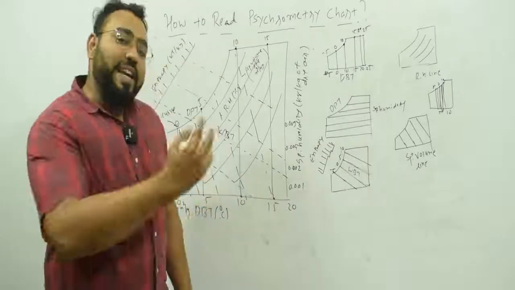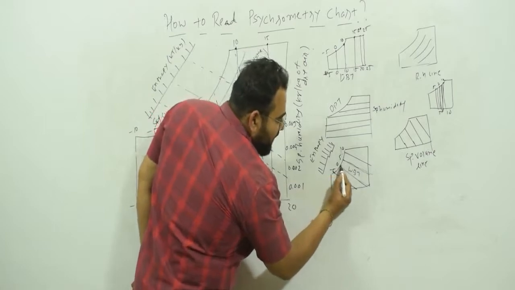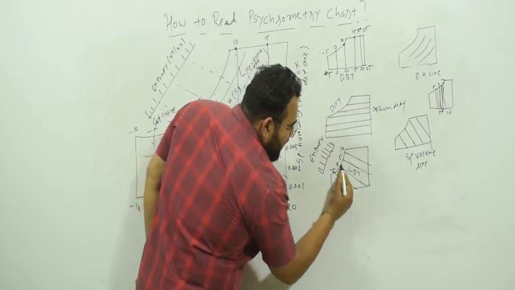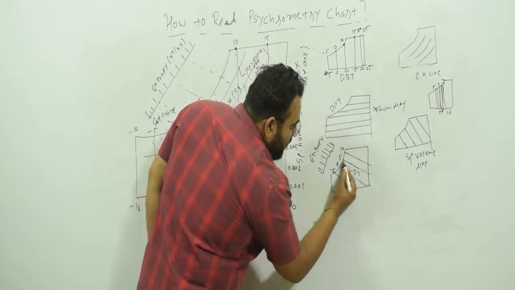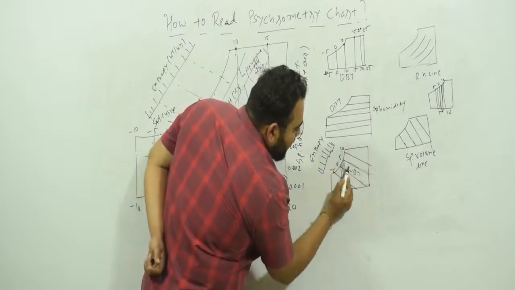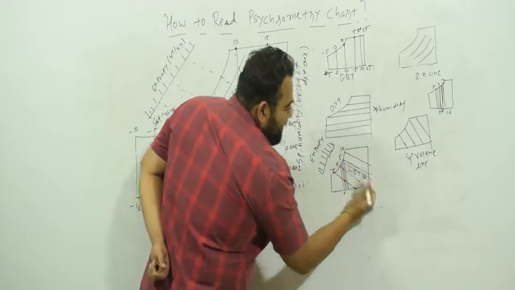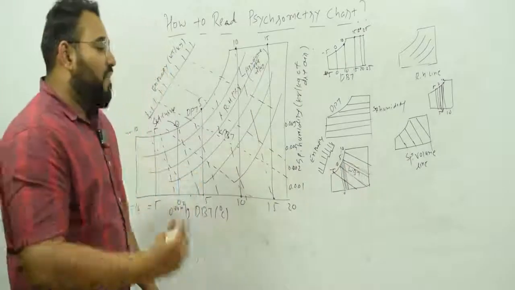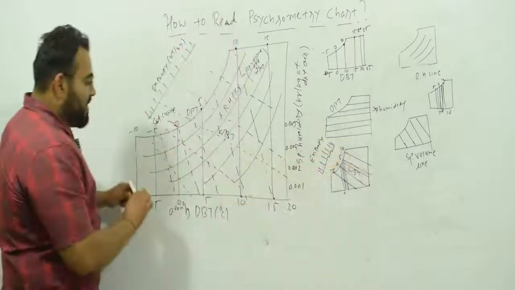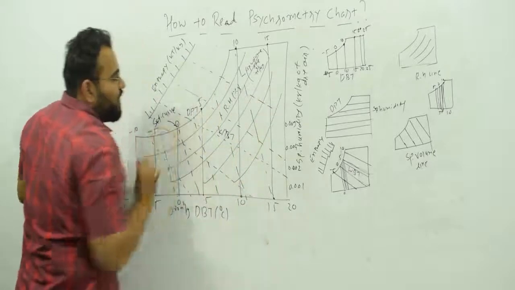Let's say I say 3 degrees Celsius WBT line, then what would you do? So here 0. So here you will have a line something like this. You know that here 0, that means a downward vertical line. This is also 0. Same way you will have 1, 2, 3, 4, and this is 5. So what you have to do here? 1, 2, and 3. From there you will have this kind of line. So this will be the WBT line. So this is the 3 degrees Celsius WBT line. So this is how you can find a 3 degrees Celsius WBT line. So all lines like this are WBT lines. You can see over here, WBT, WBT, WBT, WBT. Okay.